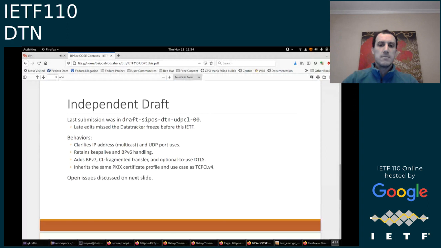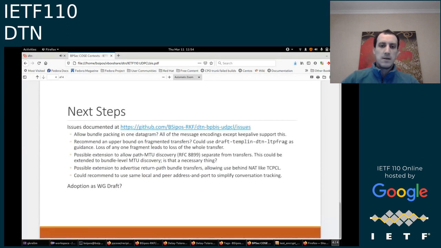So I did post an independent draft, and I had some really minor last edits that I made, but I got cut off by the data tracker freeze. But it covers a lot of these topics: unicast, multicast, fragmented transfer, DTLS use, and also I open up a